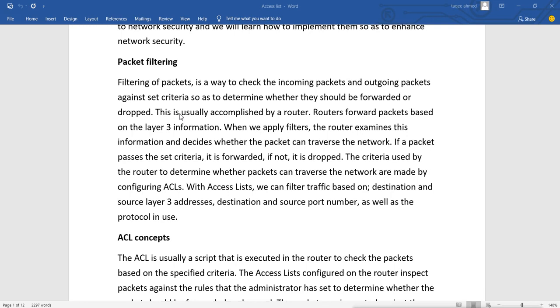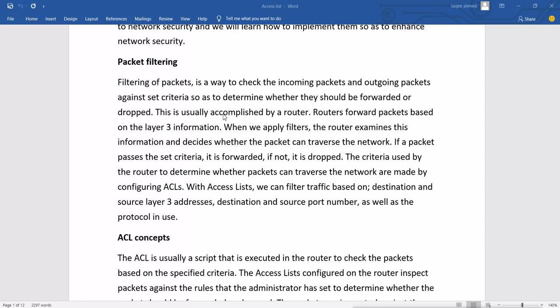Now think about this as a router. When we say in or out, that means we are talking about what? Our internal network from the router. So what traffic can come into our local network, and what traffic can go out of our network, basically from the router. So we can say what traffic can go into the router and out of the router. So it will filter based on the criteria which we decide.